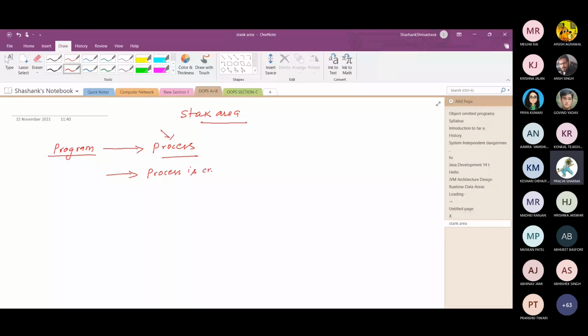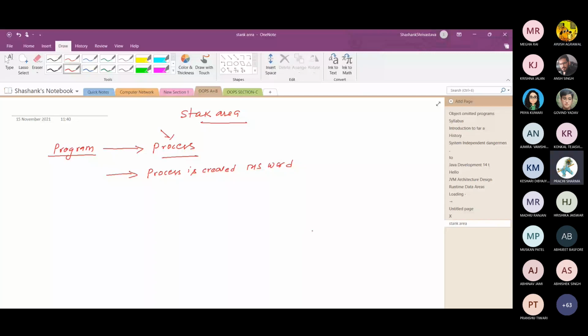Microsoft Word is a program, but when you run it, a process is created.